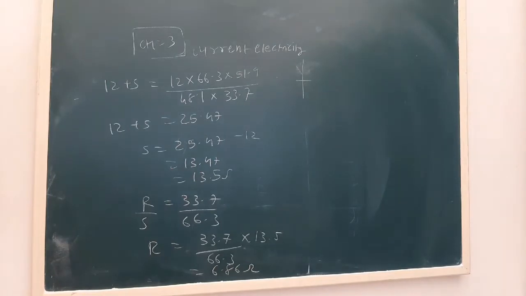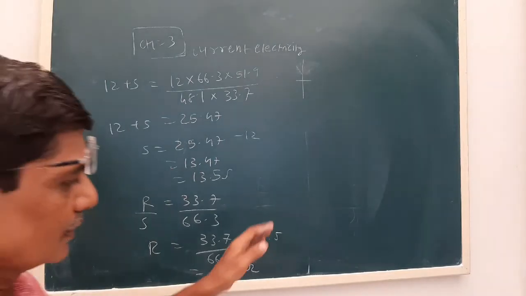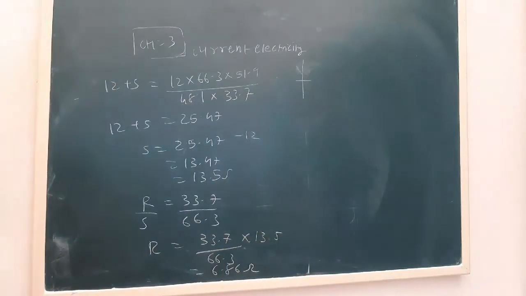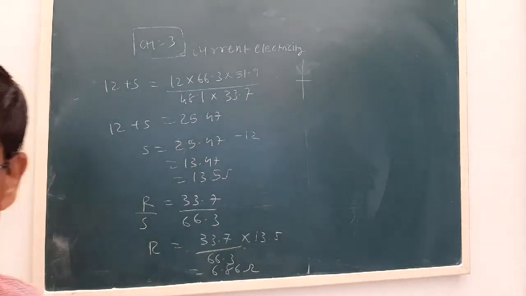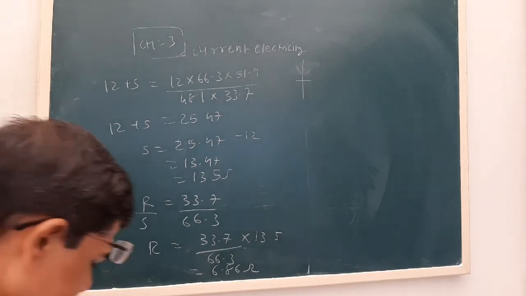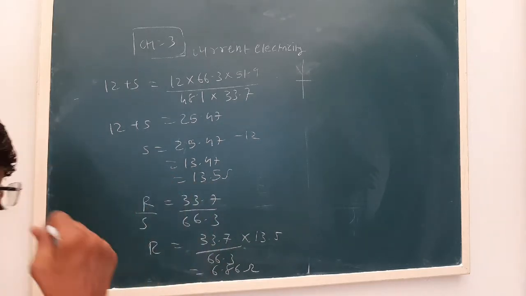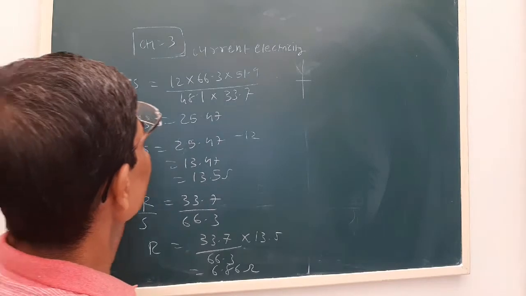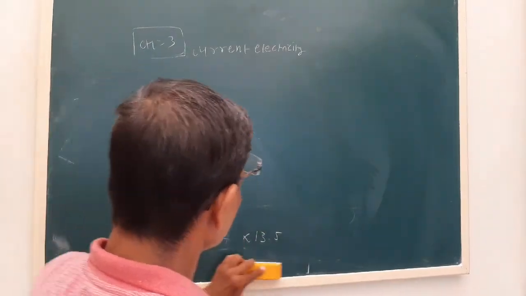Okay, so this is the case of question B. Earlier it was R upon S equal to L1 upon L2, but the question says a 12 ohm resistor is connected in parallel, so the null point changes. By comparing the equation, we have obtained the values of R and S. This is nothing but example 3.9. Now next is our example 3.10. Now this is the case of the potential divider.